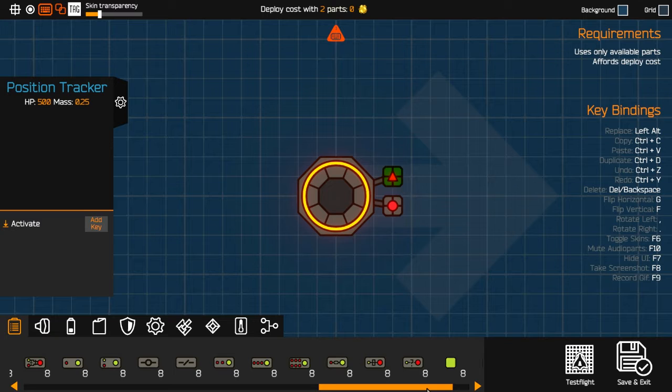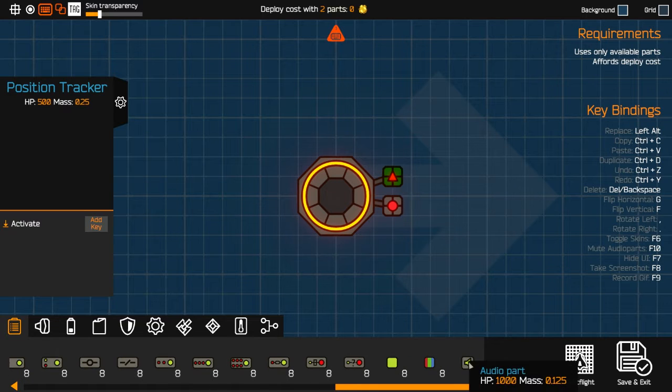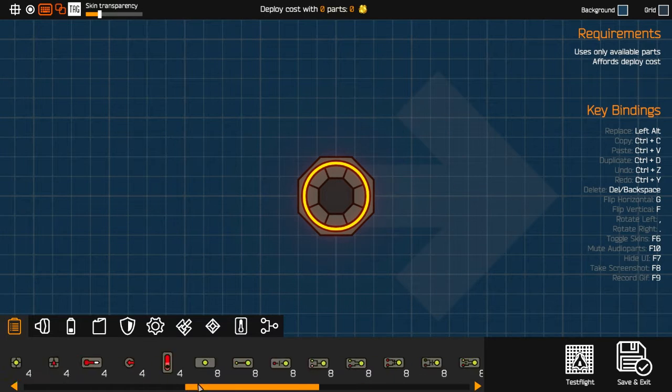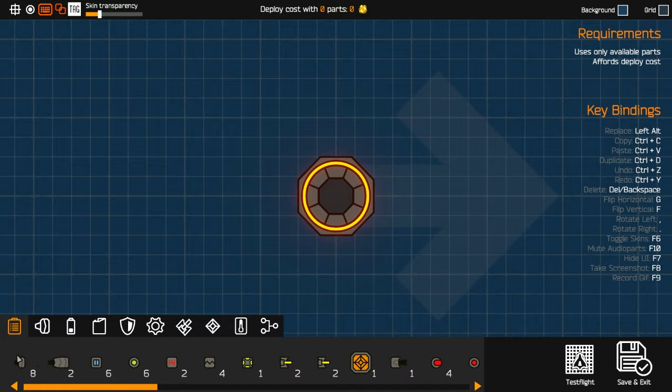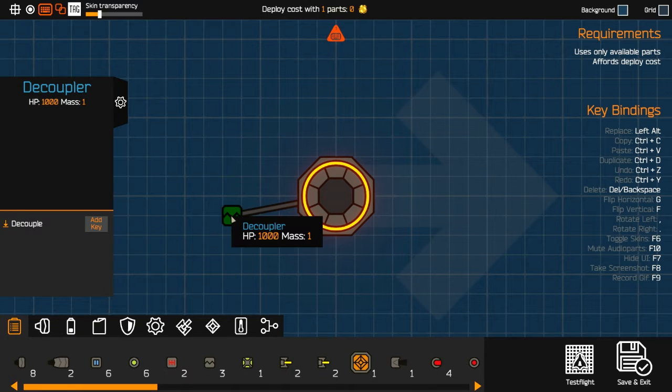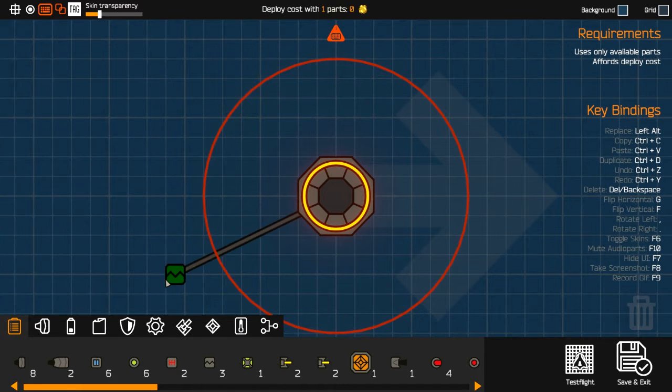A color LED panel, and a sound effect panel. Great, get rid of these, I don't want them. There. Okay. My drone has no body. Not a whole lot of structure going on here. I don't know what a decoupler does. What does this do? Decouple. Well, that's pretty